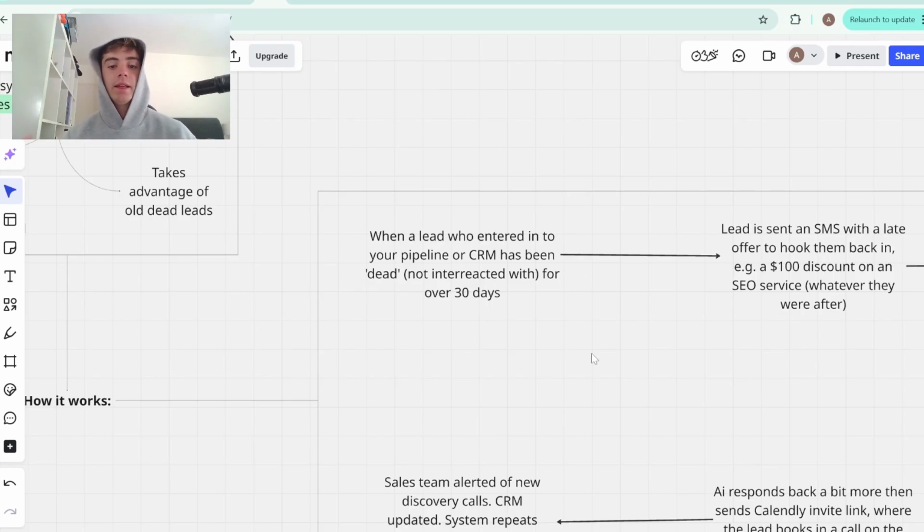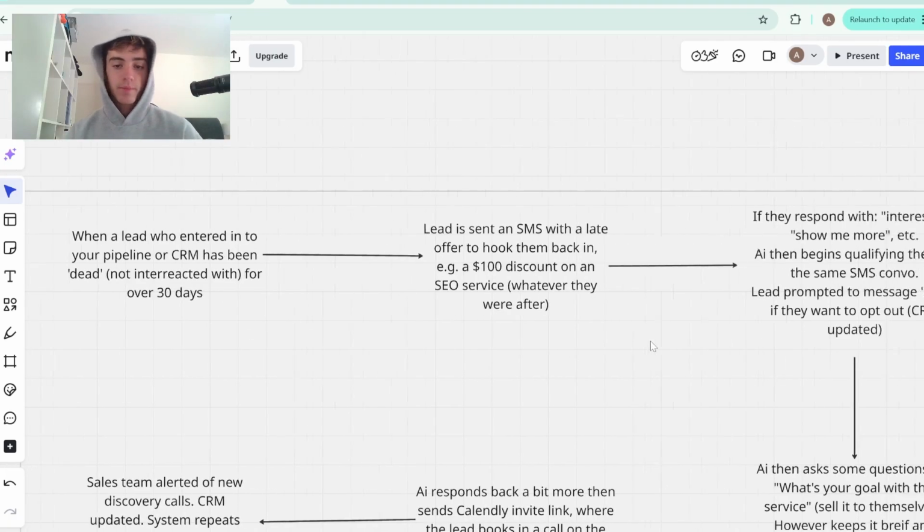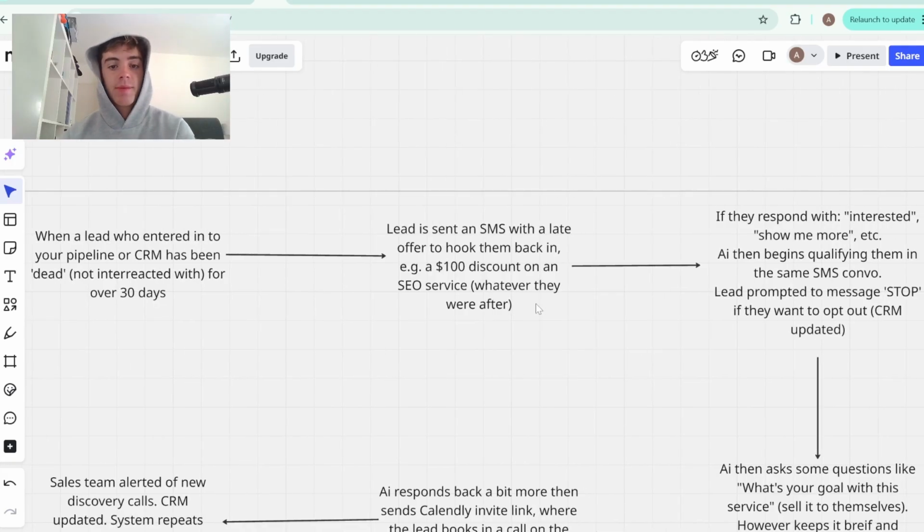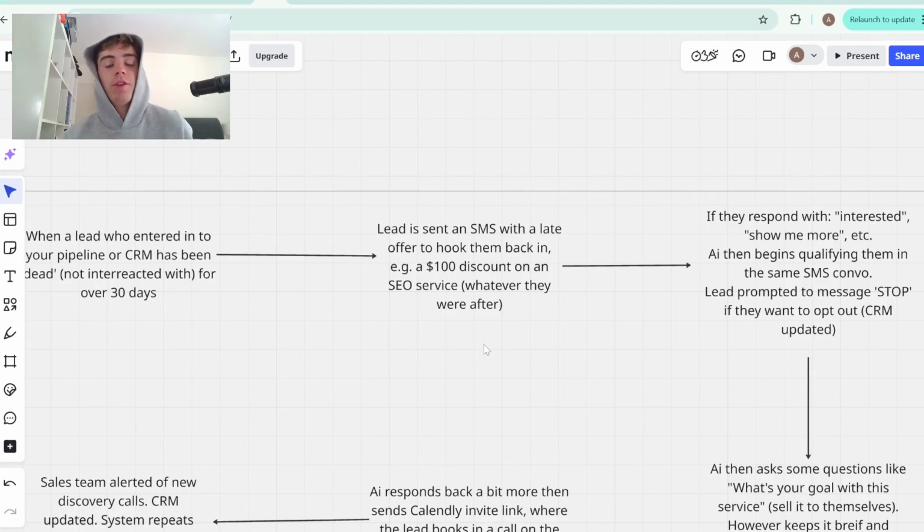So when a lead is entered in your pipeline or CRM and has been dead or just not interacted with for over 30 days, so let's say you sent them some emails and some follow-ups and they haven't responded, this whole entire automation is going to get triggered. The lead is then sent an SMS with a late offer to hook them back in. So this is really dependent on what you sell. If you're an agency, it might be digital marketing, like social media marketing, whatever, SEO. You might say,